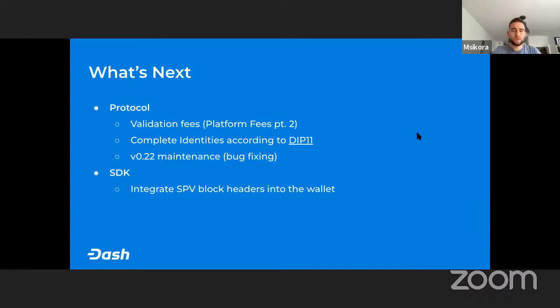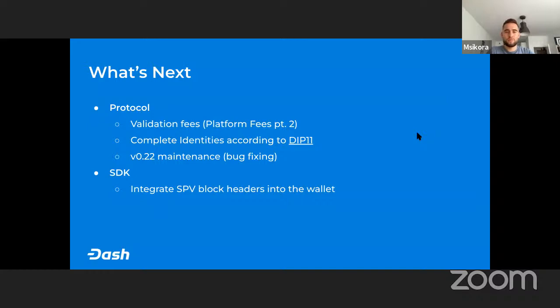So as we're getting to the end of the meeting, I would like to say a few words about the plans for our teams for upcoming weeks. The protocol team will be still working on fees. We can call it the next phase of this whole platform fees project, and we'll be slowly getting there to being able to integrate this implementation with the whole service, so it will be consistent and integrated.